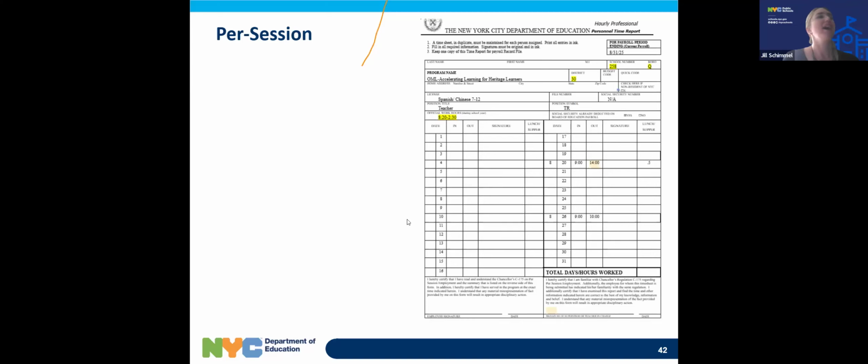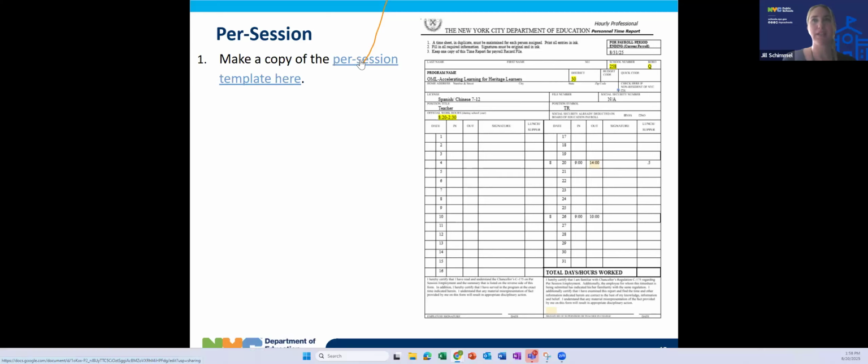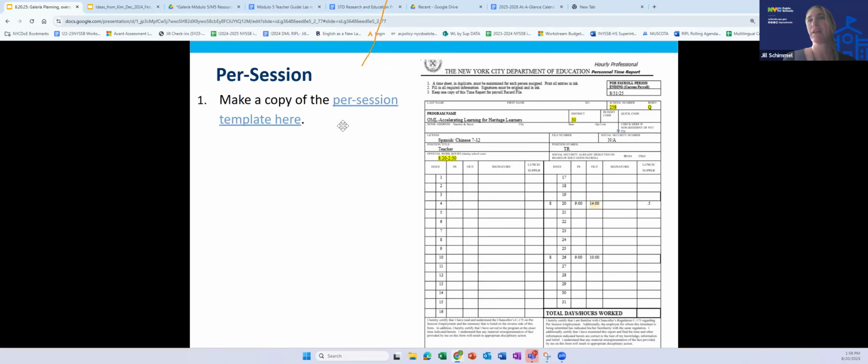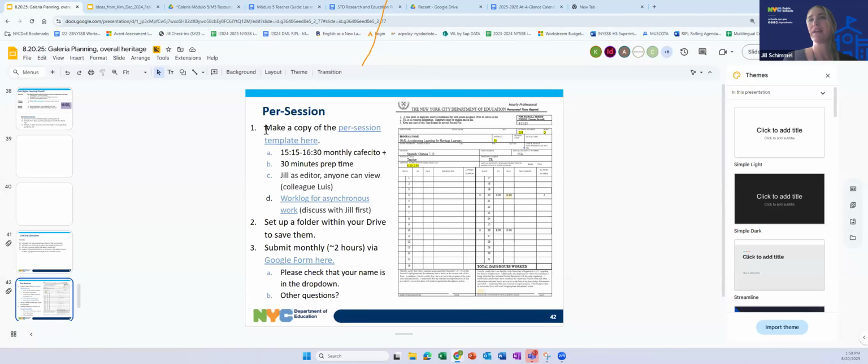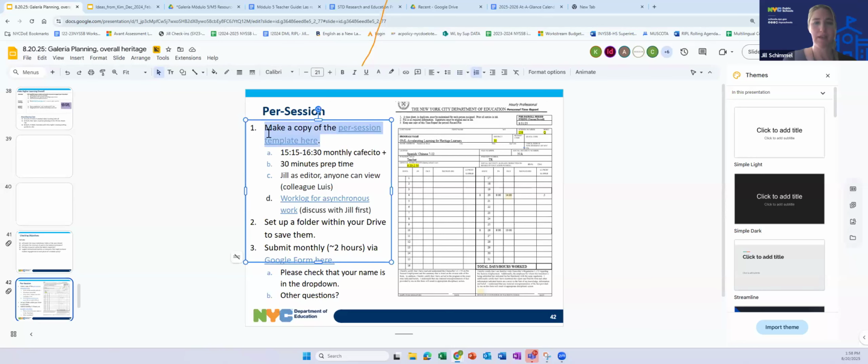I realized last year that not everyone, and some teachers new to the DOE, just a reminder about how to do the per session. So I'm going to ask you right now to click, I'll put it in the chat, make a copy of this per session template. We are on slide